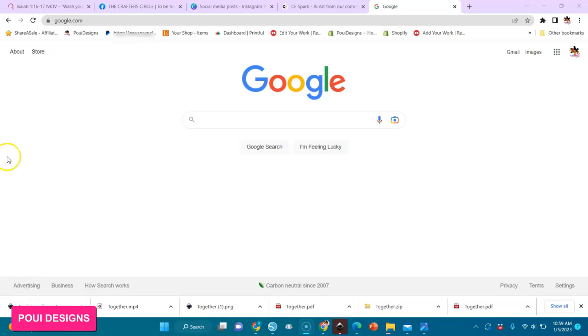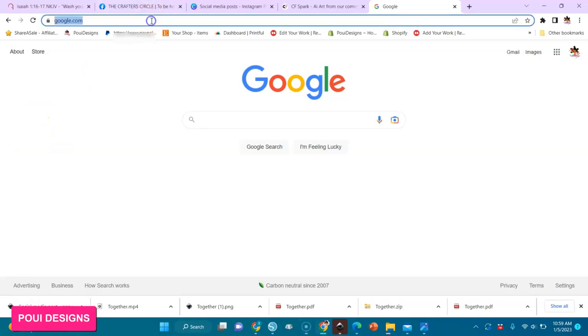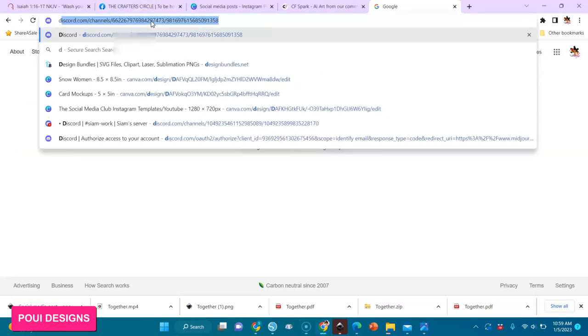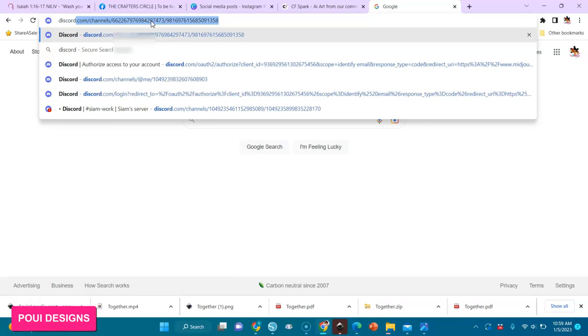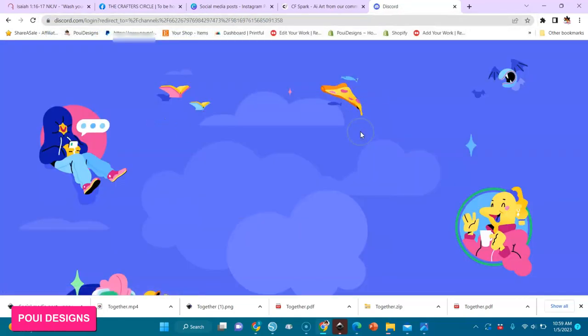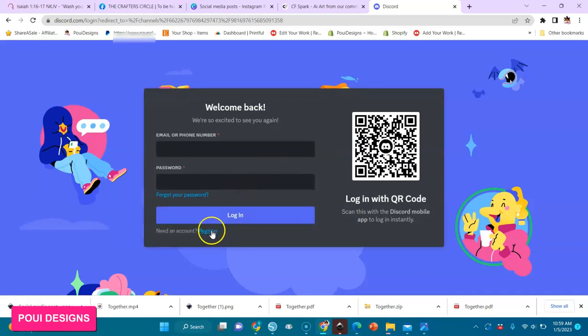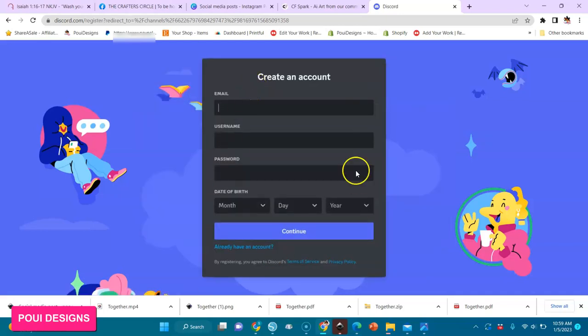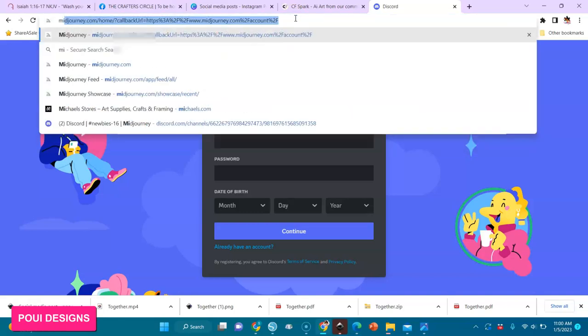Let's type in here discord.com. Okay, discord.com. Open the Discord app, and here you're going to register for an account. Just register for an account, and then you continue. Register everything, and after you register, you go to